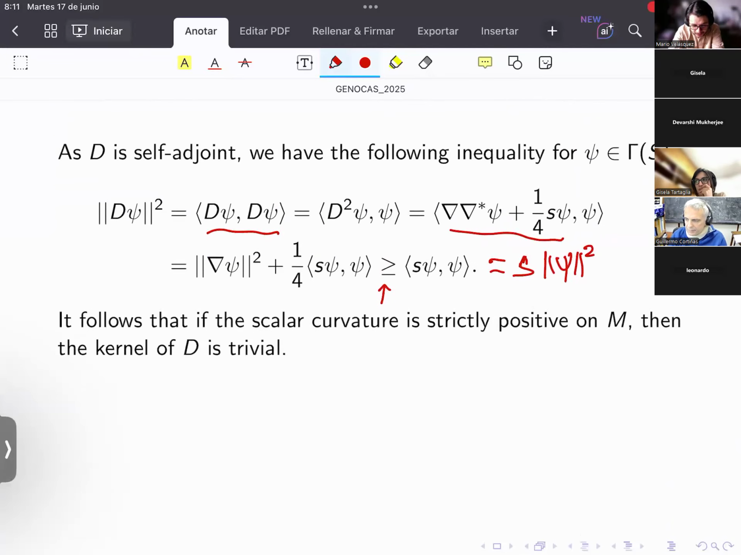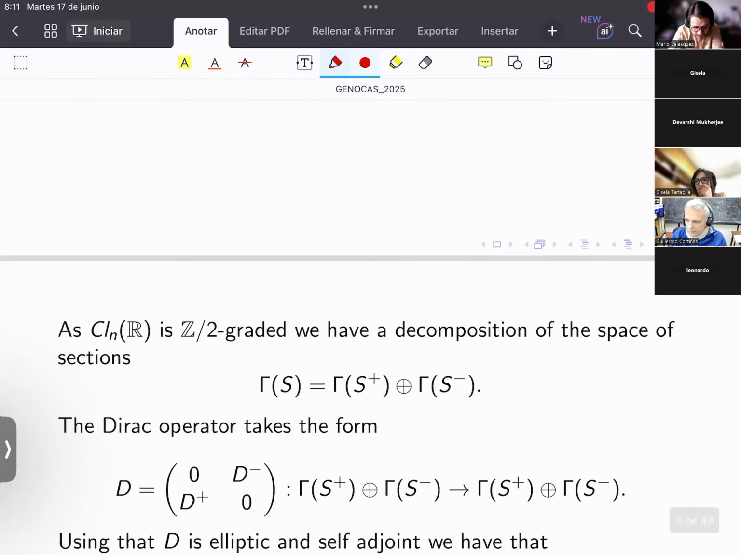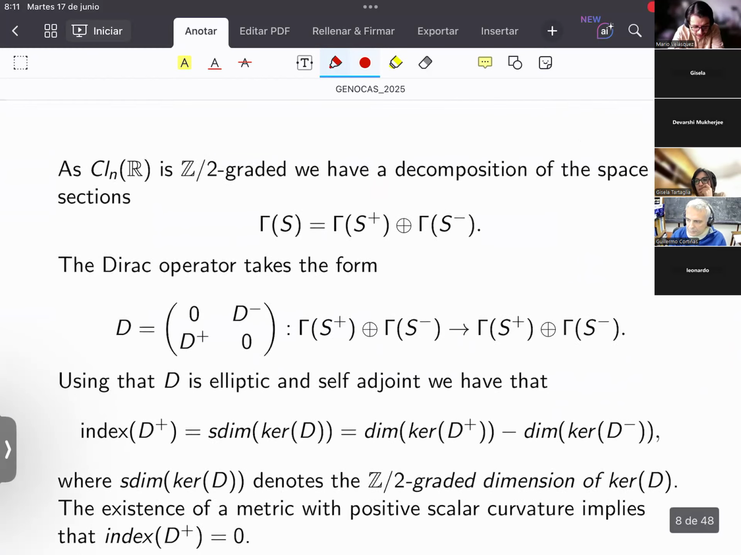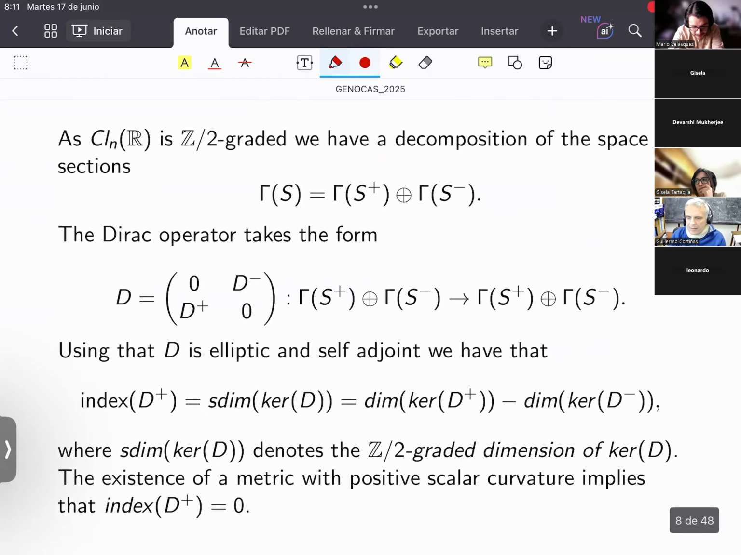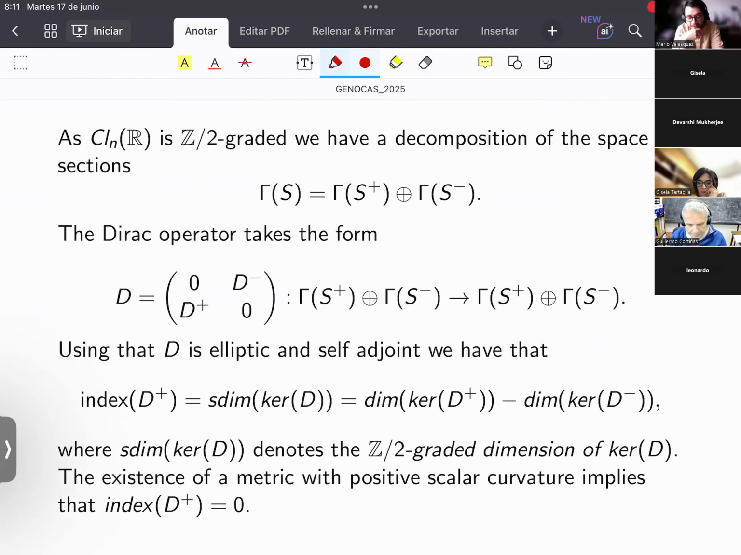Let me say one thing more. As the Clifford algebra is Z2 graded, we have a decomposition of the space of sections. We have even sections and odd sections. And the Dirac operator takes this form, has this matrix,